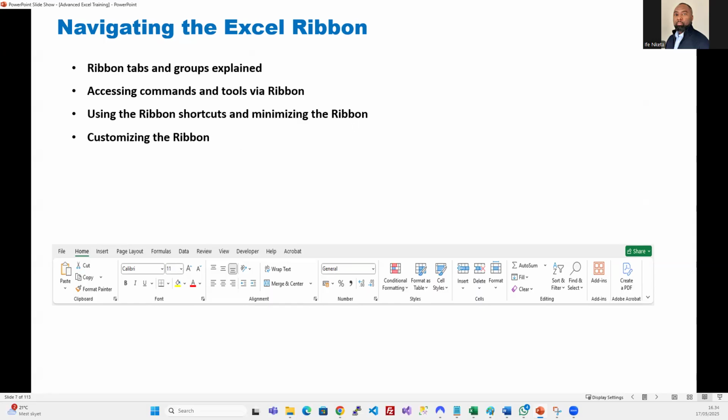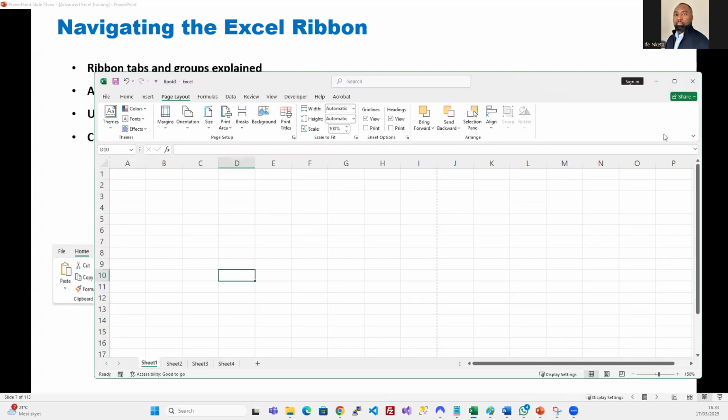You can also hide the ribbon. So if for example you were working with a really small screen, maybe a laptop, and you thought that the ribbon was taking